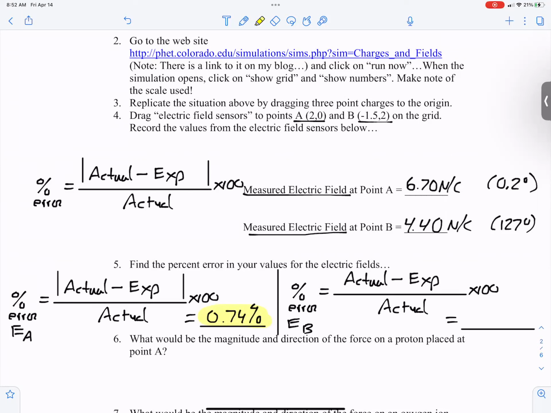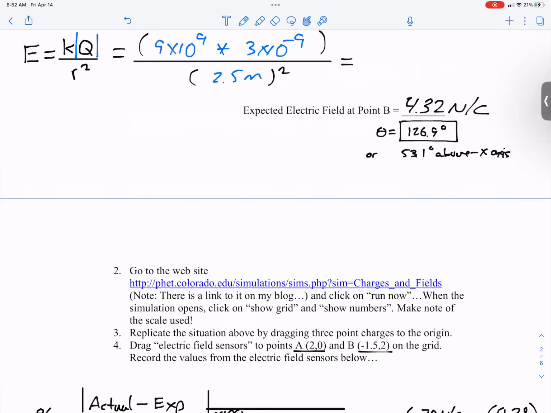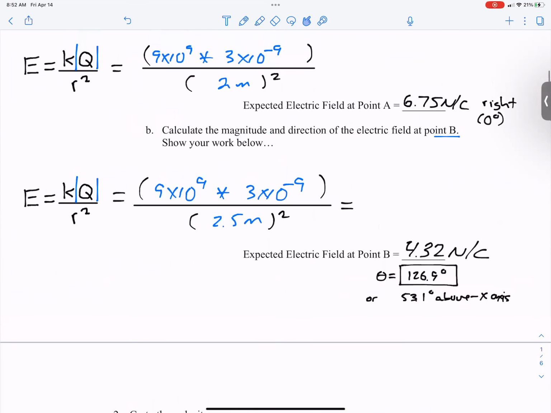Okay, and then similarly, with the electric field at point B, we're going to go 4 point, and if you remember, it was 4.32 is what we calculated. So